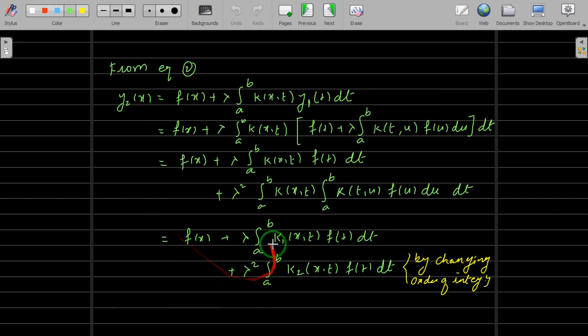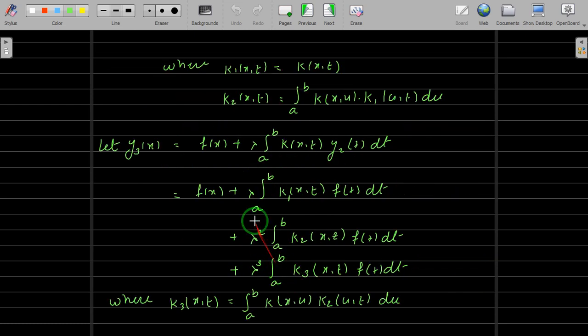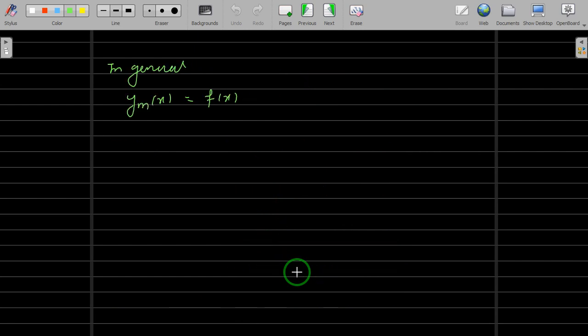So for y2 you have two integrals, for y3 you have three integrals. Then the powers of lambda go on increasing for both. So lambda raised to 1, lambda raised to 2, lambda raised to 3, and then you have k1, for 2 you have k2, then for 3 you have k3, and so on. So for that we can write in general ym of x is equal to f(x) plus